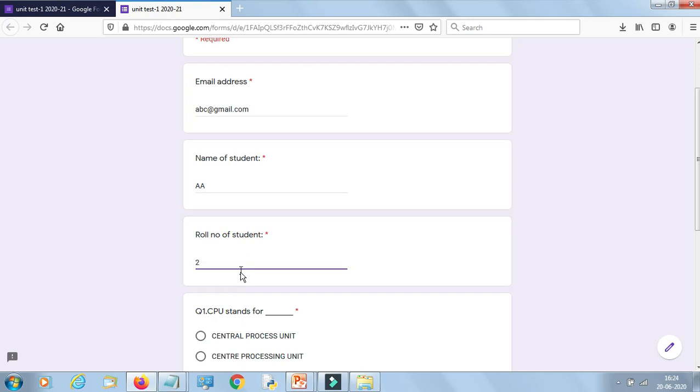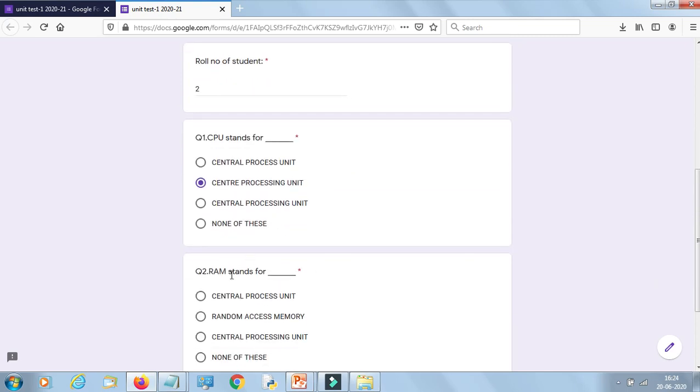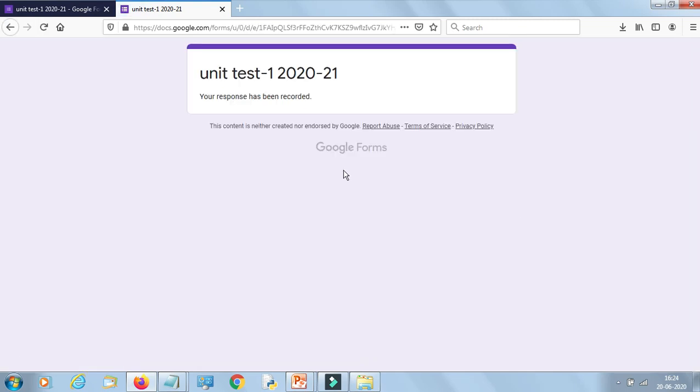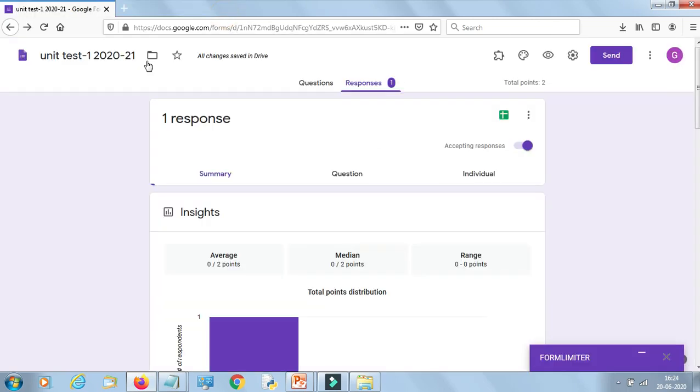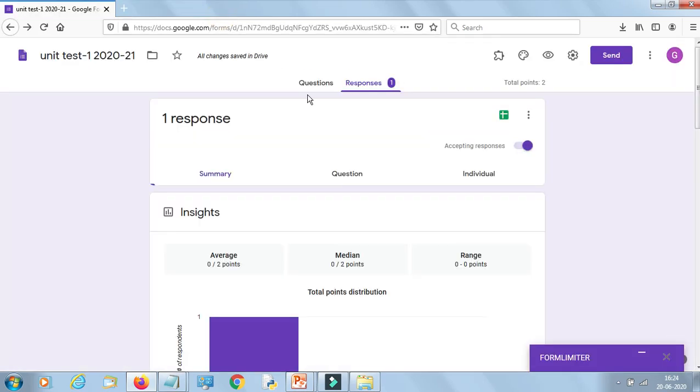Roll number 2, this is your central processing unit, only one option can be selected. Clear, only one option. Now this is my answer. Now submit. As I enter, my answer has been recorded. Once I write the test, next time I cannot write it again because we have set the limit to only once. Clear? This is okay.